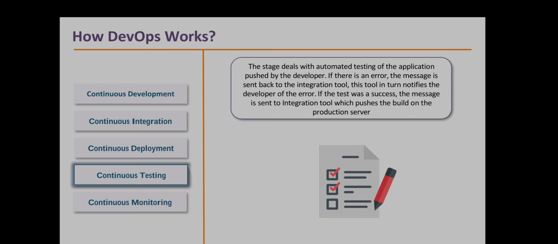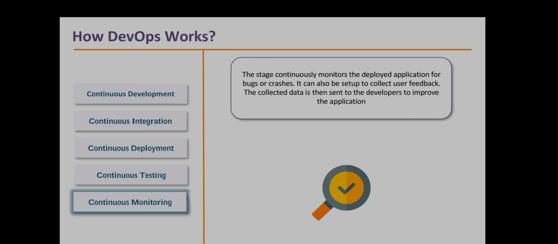This is called the rollback method. And if the test is successful, then that web application will be deployed into the production server. After that, the stage will be continuous monitoring. In this stage, it continuously monitors the deployed applications for bugs or crashes. So it will monitor all the functionality of the server. It can also be set up to collect user feedback. The collected data is then sent to the developer to improve the application. So what will happen, the server maintains the